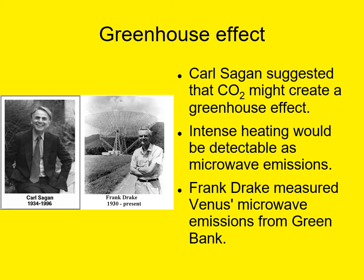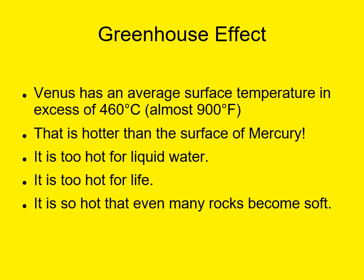So this pretty much decimates the idea of the surface being a lush tropical jungle with dinosaurs on it. This is far, far too hot for life to exist at all on the surface of Venus. The average temperature, like I said, 900 degrees Fahrenheit, 460 degrees Celsius. That's too hot for liquid water, in fact so hot that when we tried to send spacecraft